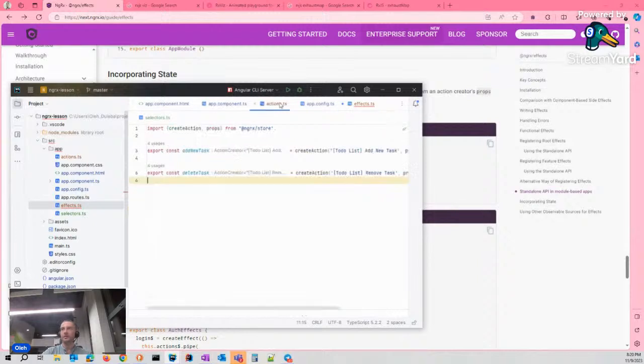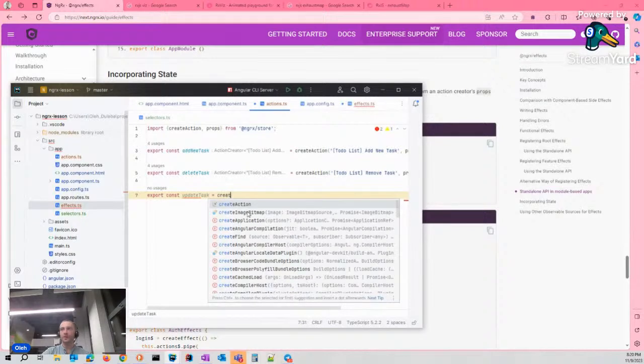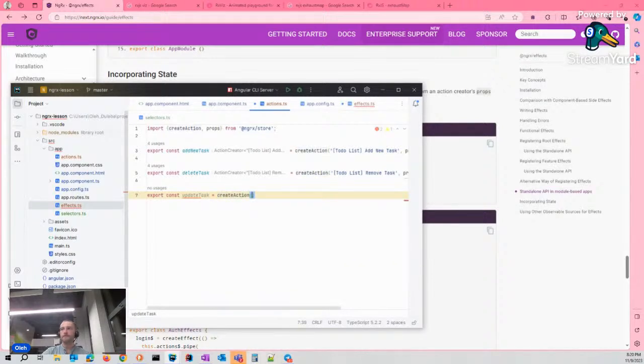For example, let's create new action, update task, create new action, to-do list, update task, and props.